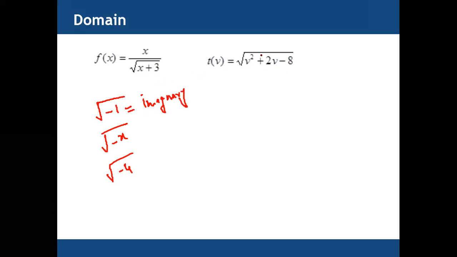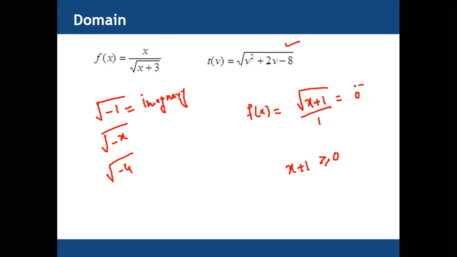So if we have the square root in the numerator, in this form, f of x is equal to the square root of x plus 1, the numerator, and the denominator is 1. So put what we have inside the square root, x plus 1, this must be greater than or equal to 0. Negative values not possible, 0 is also possible. If for example x plus 1 is 0, then the square root of 0 is equal to 0, and we have a value. 0 is also a value.